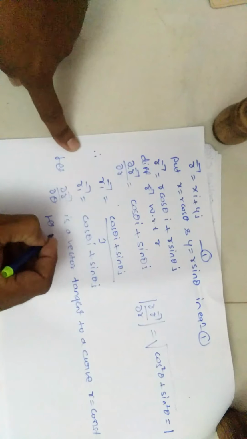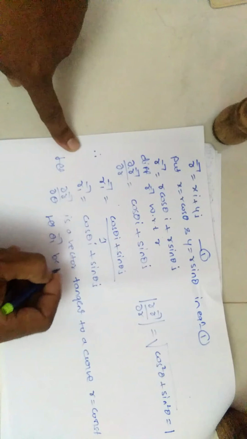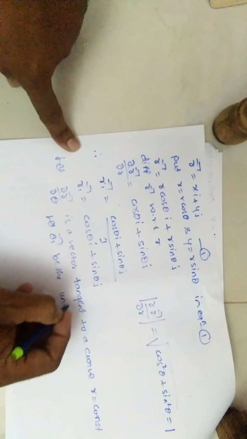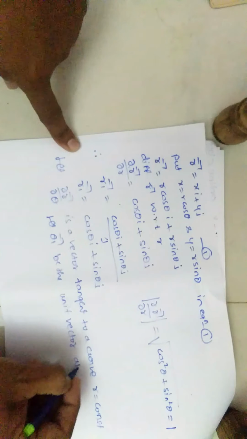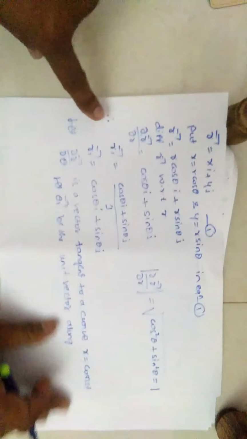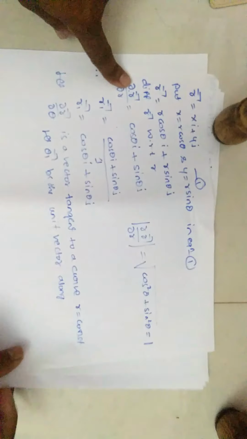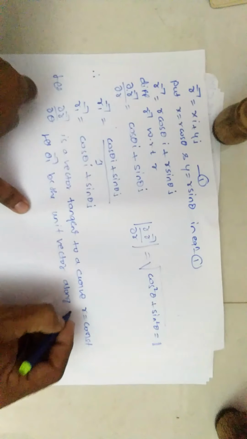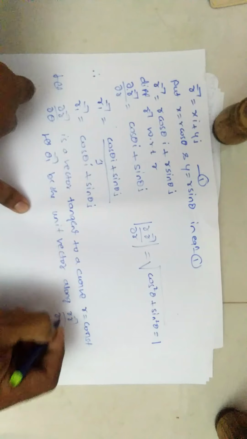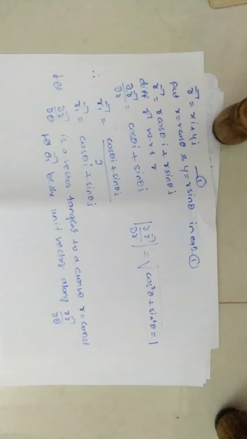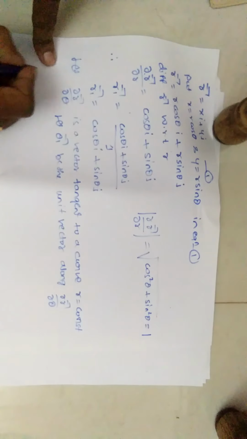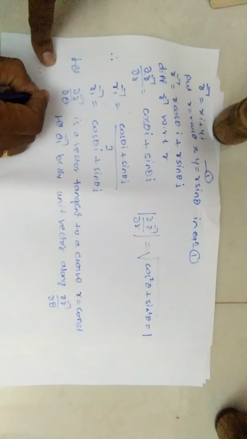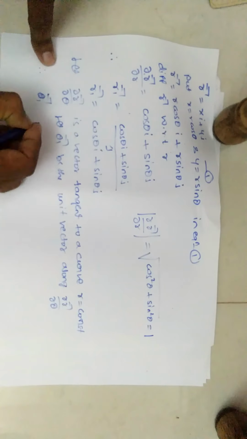Let theta 1 be the unit vector along dou r bar by dou theta. Therefore theta 1 cap is equal to